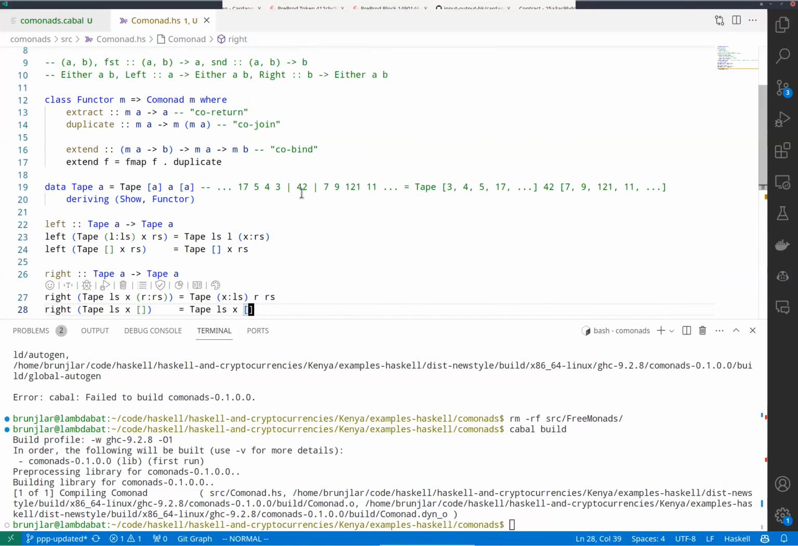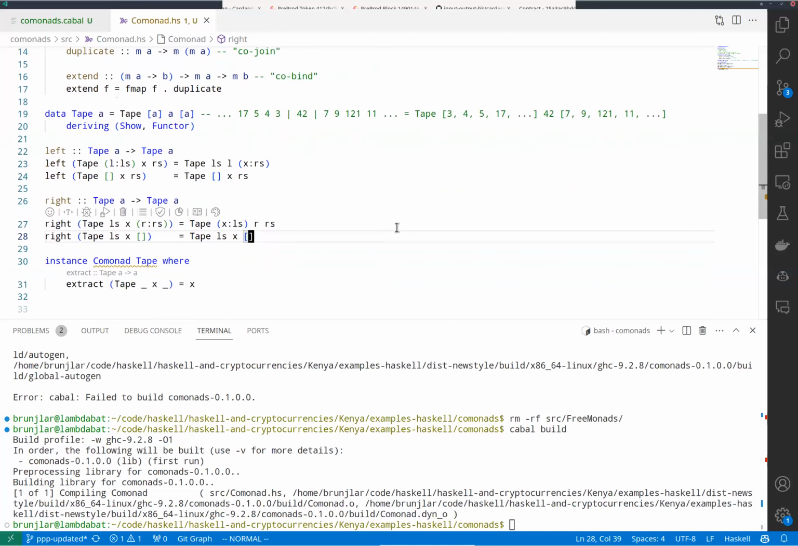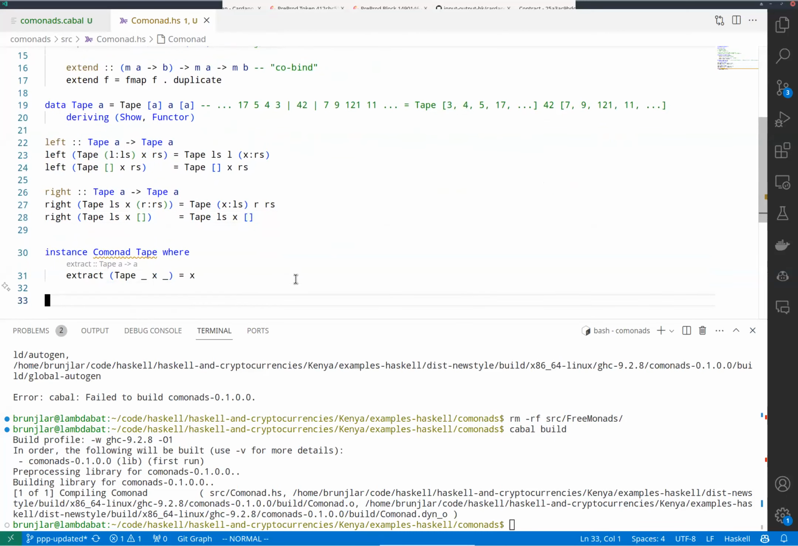The idea of duplicate is, we have a tape, this tape, and we want to turn it into a tape of tapes. The focus becomes the original tape. Then on the left, the one next to the focus will again be the original tape, but with the focus on the 3. The one on the right will again be the original tape with the focus on the 7. Does that make sense? I don't know whether I can convey that. So our original one is 17,